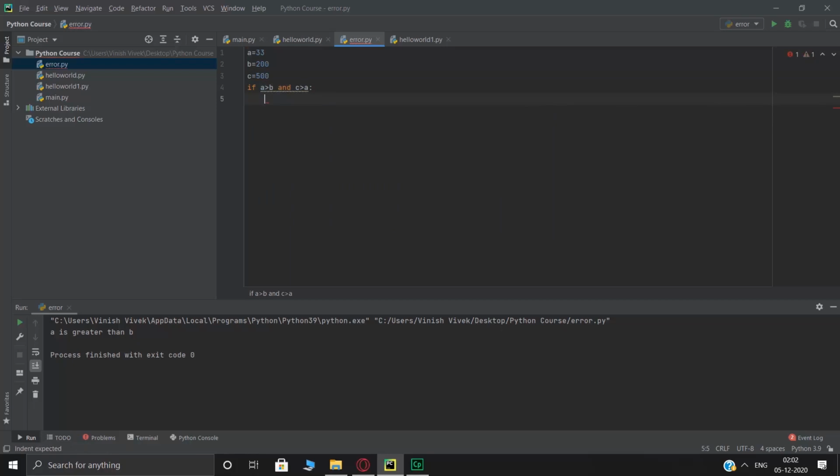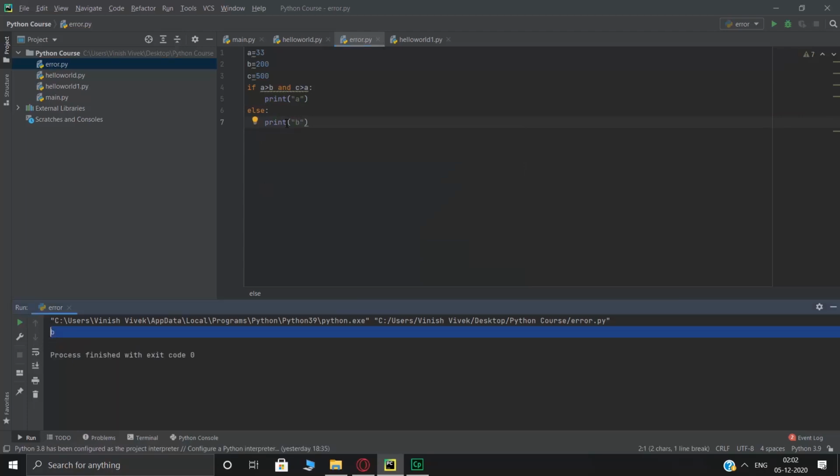So that is also something you can do. So let's just keep it simple and print A, else print B. Control Shift F10. There you go.